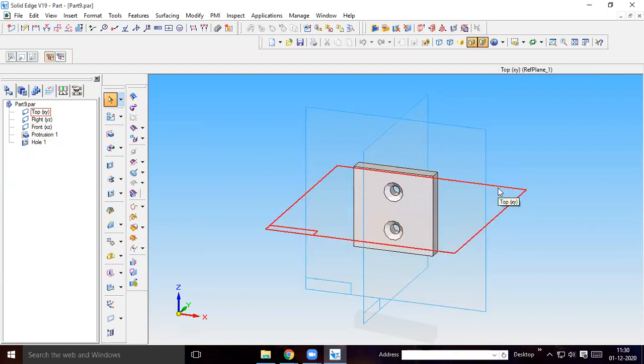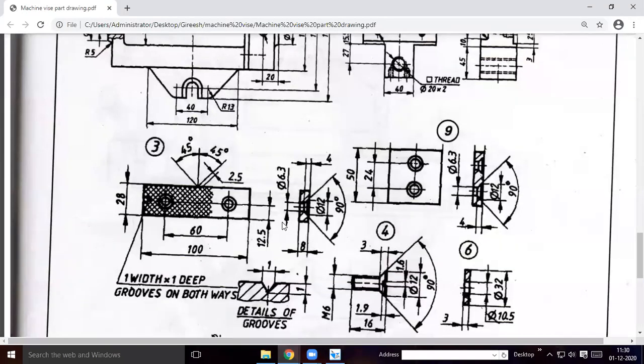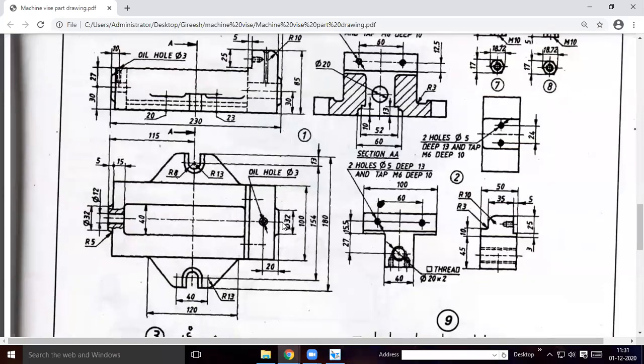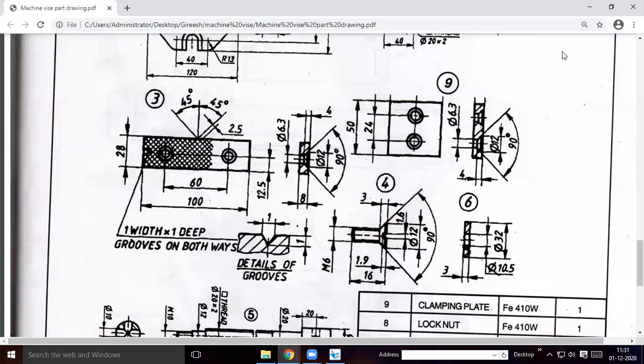Or is there any part we need to redo? If you have any doubts in any part, we can do it again. Do you have doubts on any part? No, sir.